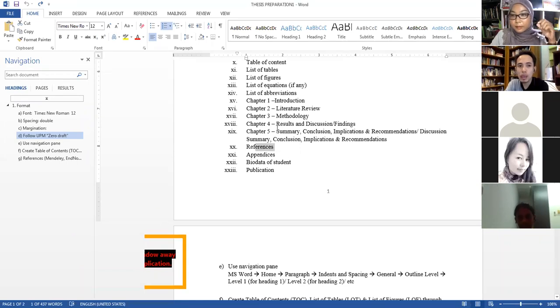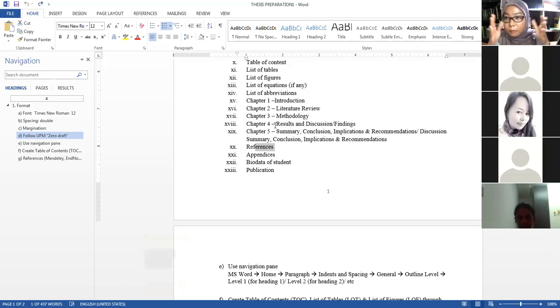The document that I shared is actually the main reference that we use. If you need anything related to how to format your table, how to format your graph and figures, the name of your figure, the name of your table, and how to insert the reference for a book chapter, for a book, for a journal, for proceedings, you need to refer to that document, the one that I shared in our group WhatsApp.